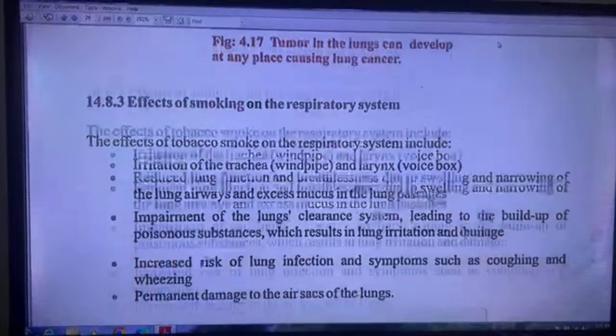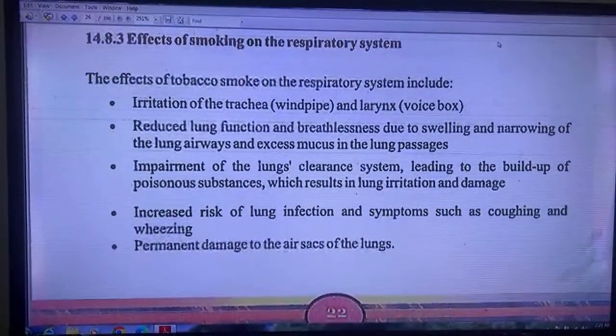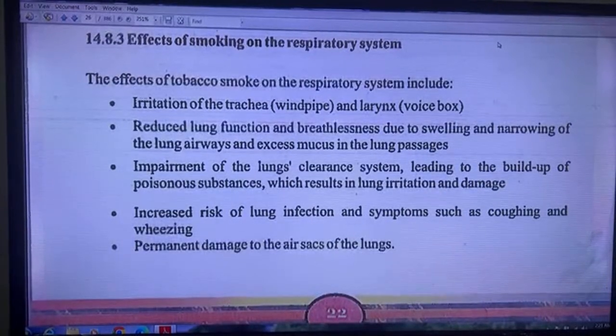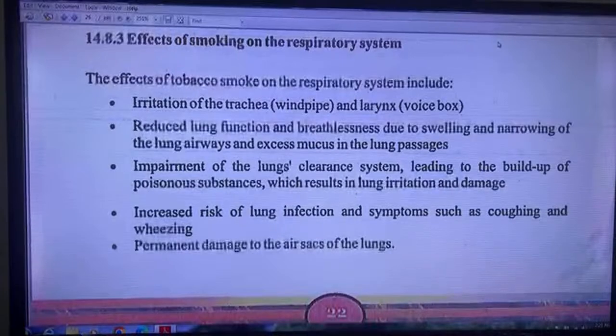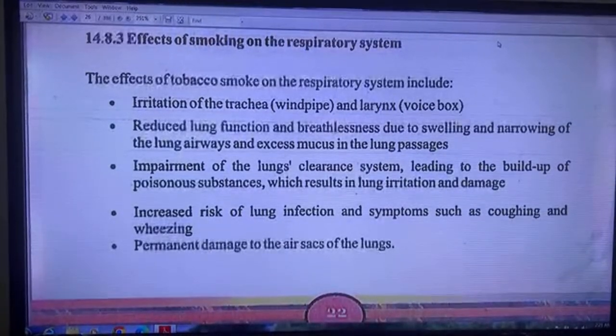Effects of smoking on the respiratory system. Effects of tobacco smoke on the respiratory system include irritation of the trachea, windpipe, and larynx, voice box, reduced lung function and breathlessness due to swelling and narrowing of the lung airways and excess mucus in the lung passages,